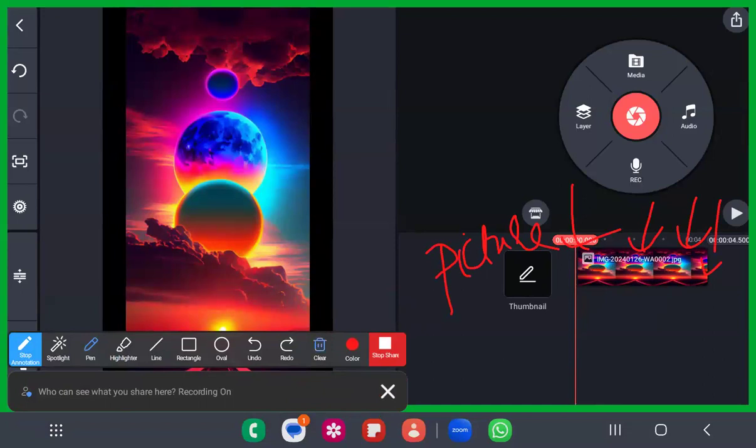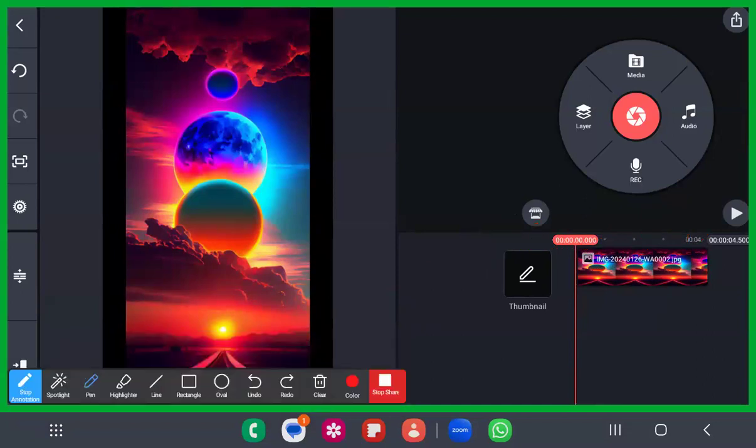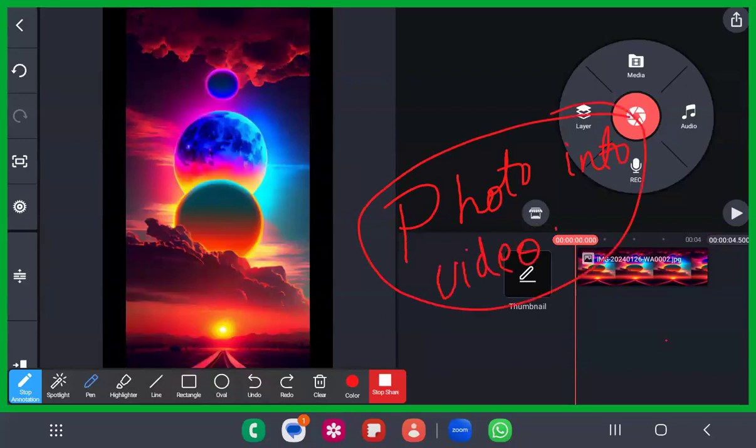Fine. We're going to start off, Bismillahirrahmanirrahim. So to make some edits with this photo, what we are going to do now is convert the photo into a video. Now we are going to learn the art of converting a photo into a video. How are you going to convert a photo into a video? For example, it's just a photo. Do you have anything in this?